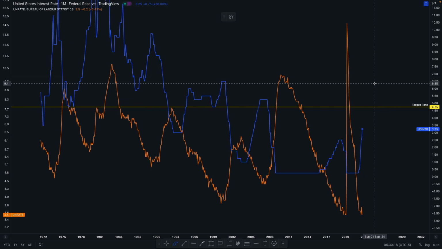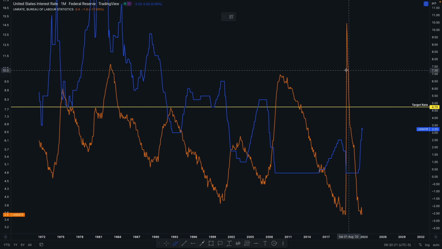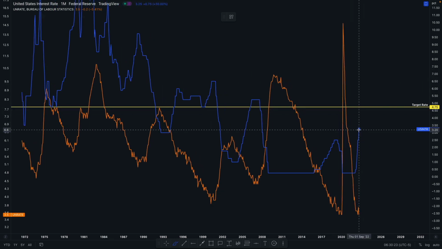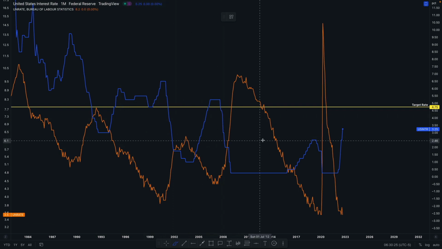But basically what we're looking at here is that the orange line is unemployment and the blue line is interest rates. So before we go into the history of it all, I do want to urge you guys to understand that the Fed is looking to raise interest rates to anywhere between 4 to 5% by around the spring of 2023, which could lead us to, let's say, right around this area right here. Again, they've never raised interest rates this fast. I mean, it's 475 basis point rate hikes, which is extremely fast. And they still have a ways to go, at least